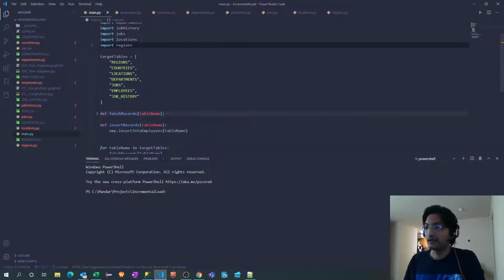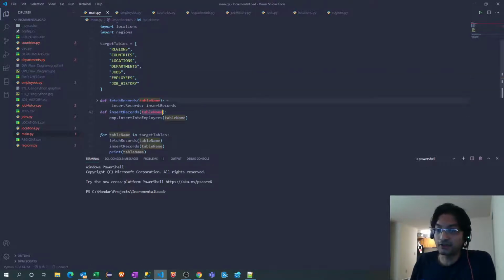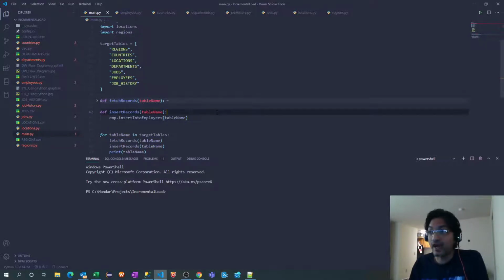All right. And if we go back now, one more thing here in insert record for this particular table. This insert records function will get called for all specific tables which we have mentioned. So for regions, let's say the very first record is regions. When it goes through that loop, the very first record passed is regions. So for regions, it will definitely call this method that we do not want. It will fail, because this method is specifically for employees, not for regions. So we have to add an if condition so that it will not call other methods. It will call the specific method related to that table.